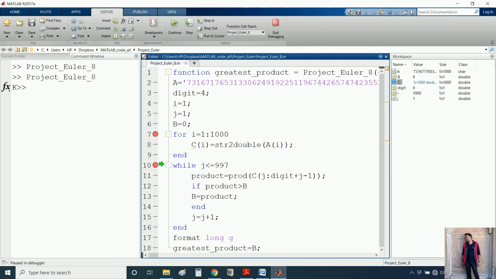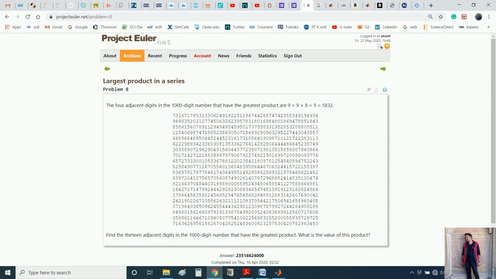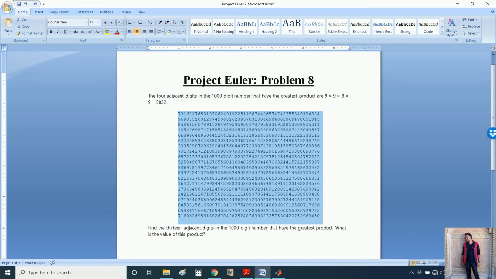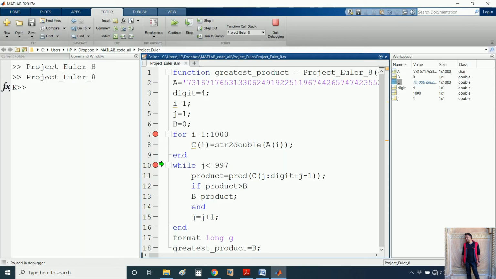To explain this, let me take you to this. When initially j is equal to 1, we will have to use 3 more digits which are at the forward location of this number. Suppose we are at this location, we will have to use these 3 more digits. Similarly, if we are here, we have to use these 3 digits. So the location of this is 997. That's why I have put 997 in this loop. Okay, initially j is equal to 1.